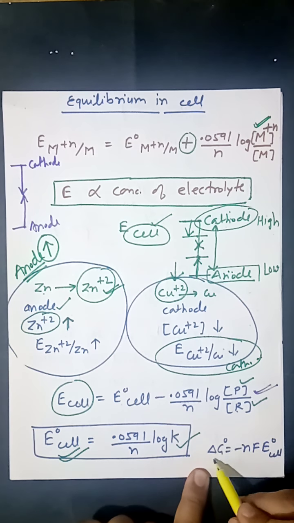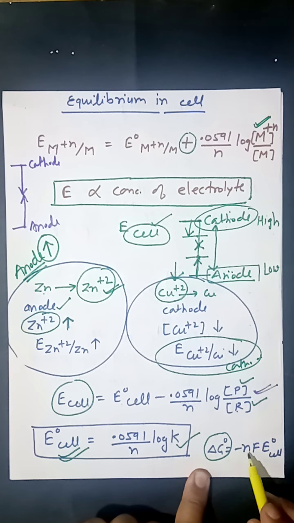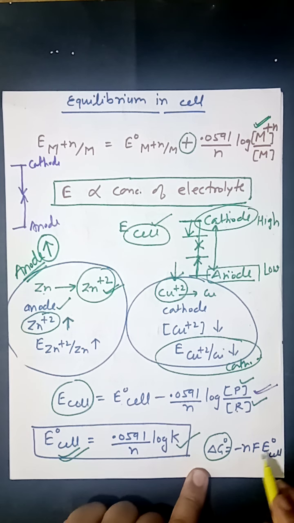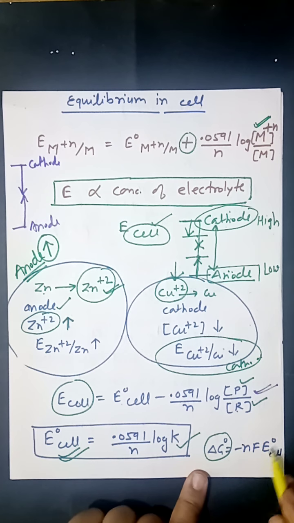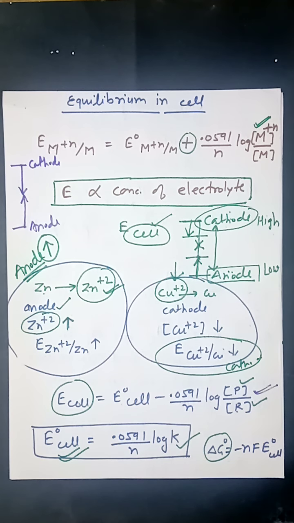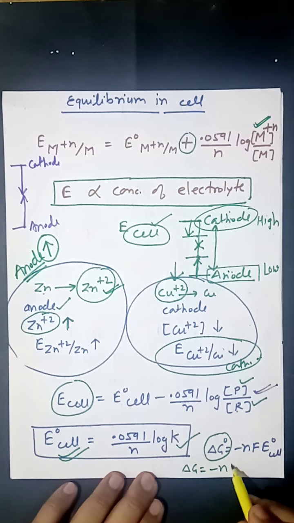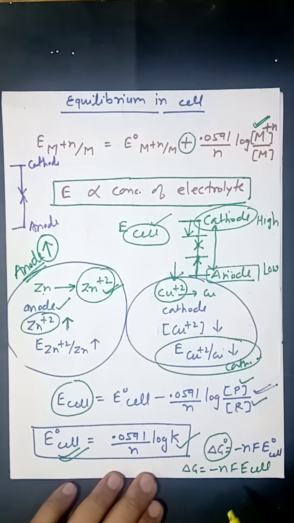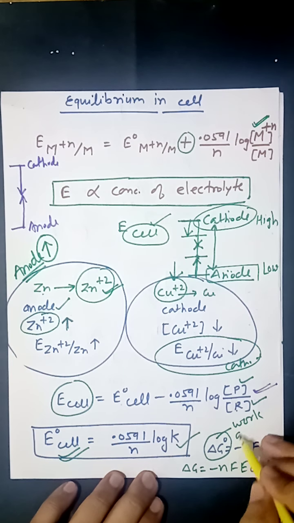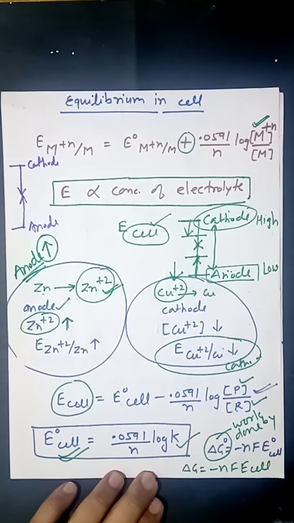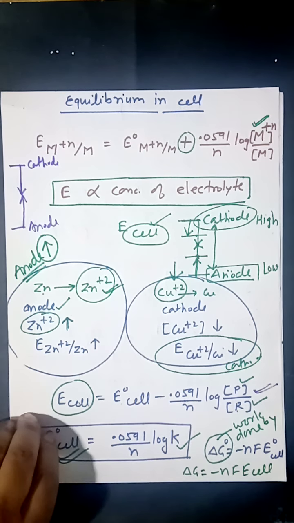One more formula you have to remember is delta G naught. You know it is the standard free energy, equals minus nF E naught cell. So it is a direct formula, where n is the number of electrons lost or gained in the balanced equation, F is Faraday's constant, and E naught cell you have discussed in this chapter. And if the conditions are not standard, then you can write delta G equals minus nF E cell. I hope you also remember that delta G is also known as work done by the cell. So if you are asked to calculate how much work is done by a cell, it means you need to calculate the value of delta G itself.